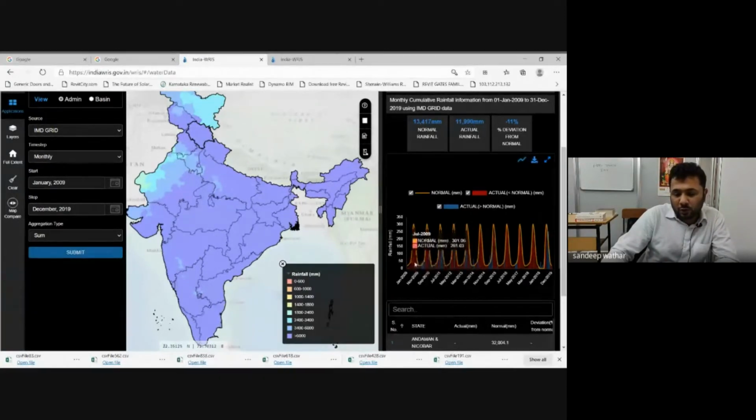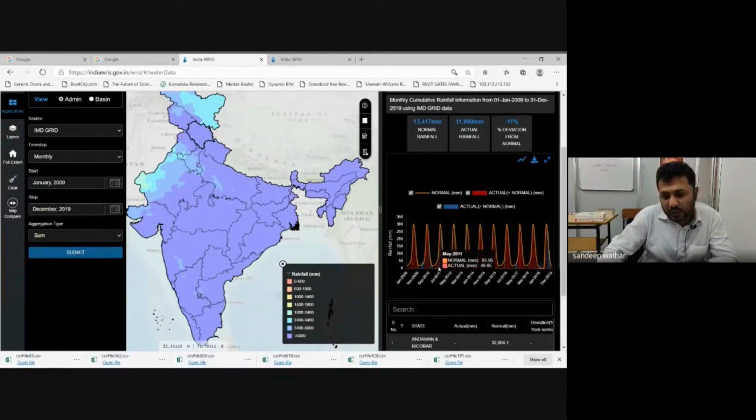If you want to know the individual data, for example for 2011, somewhere in January, June or May, you will get to know how much it is. For June it is 192.76 mm of rainfall. This is June 2011.